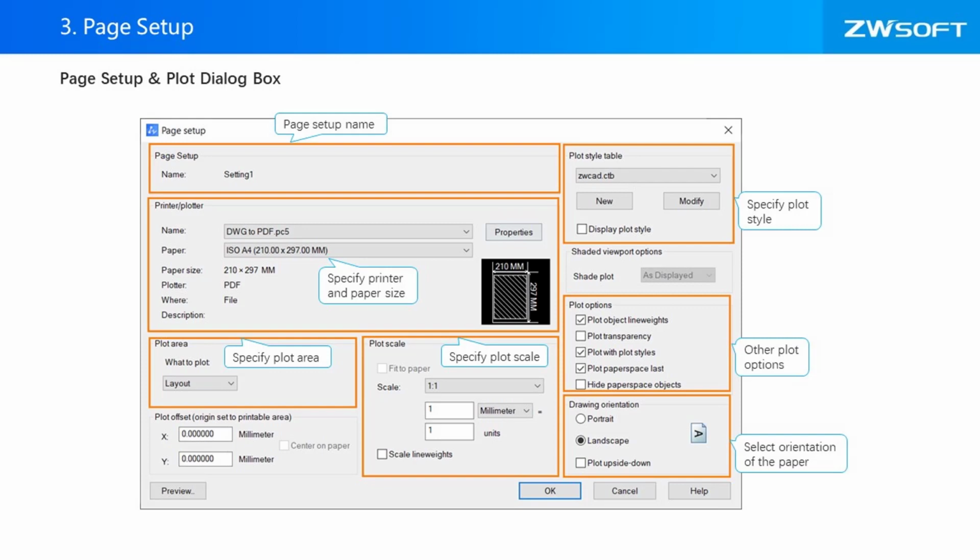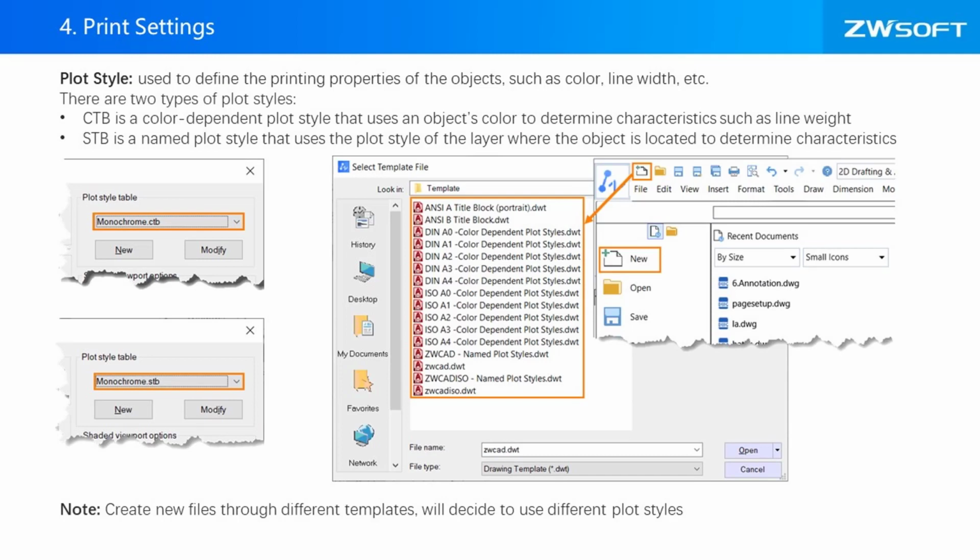style and other options. You can set up the plot style for plotting. Plot style is used to define the printing properties of the objects, such as color, line width, etc. There are two types of plot styles. CTB is a color-dependent plot style that uses an object's color to determine characteristics, such as line weight, while STB is a named plot style that uses the plot style of the layer where the object is located to determine